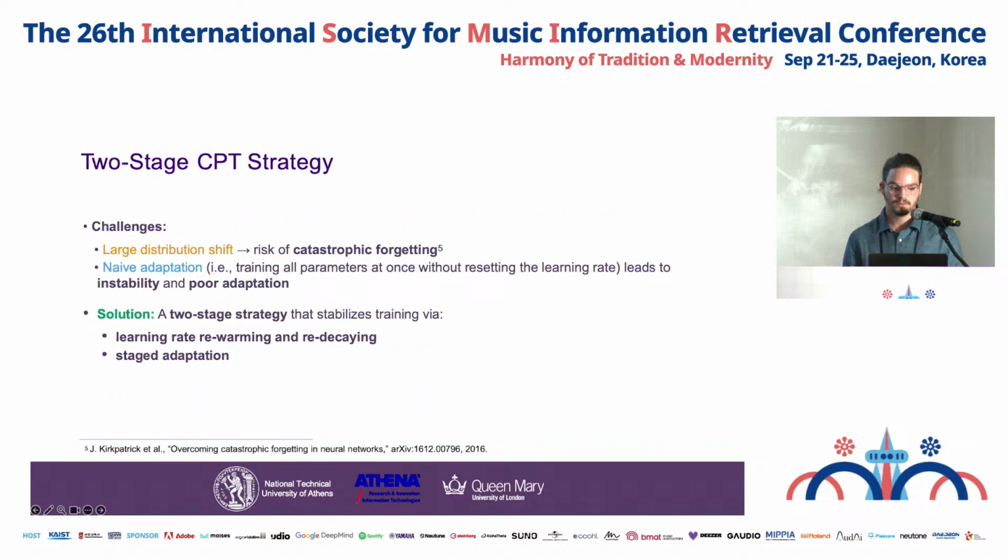So there are several challenges associated with adapting foundation models with very limited compute. First of all, the large distribution shift can lead to catastrophic forgetting, while a naive adaptation such as training all parameters at once can lead to instability and poor adaptation. So our solution is a two-stage strategy that stabilizes it via learning rate rewarming and redecaying, as well as staged adaptation